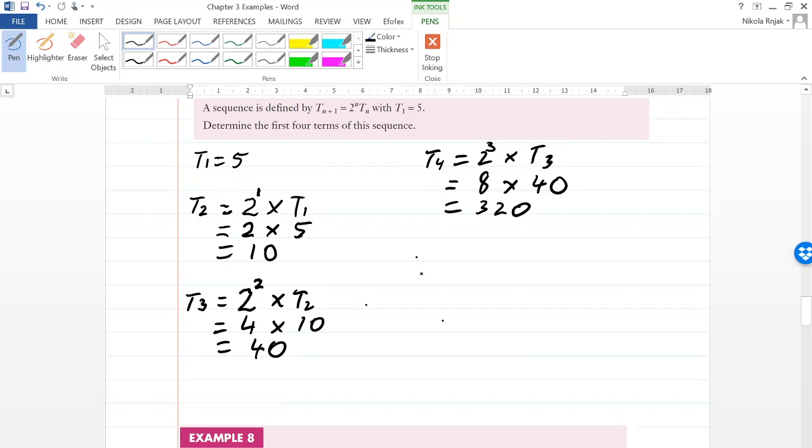And the last one, term 5: the next term is going to be equal to 2 to the power of the current term number, 4, multiplied by the current term, which is T4. So this is going to be equal to 16 times 320, which is equal to